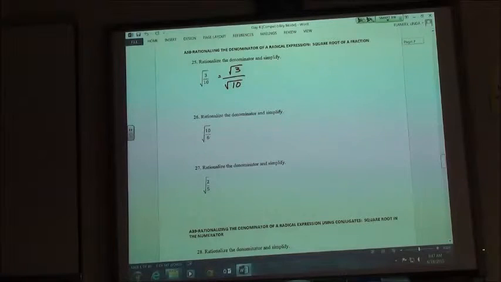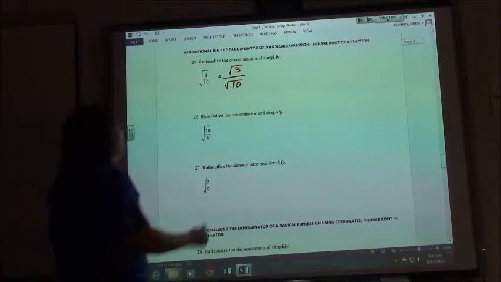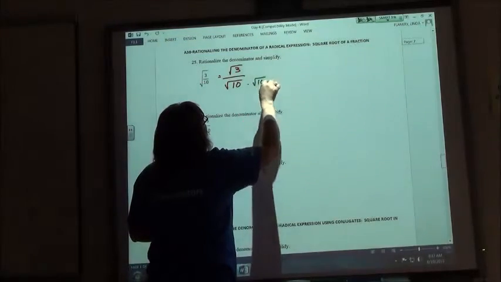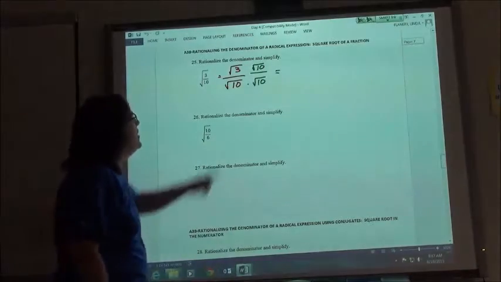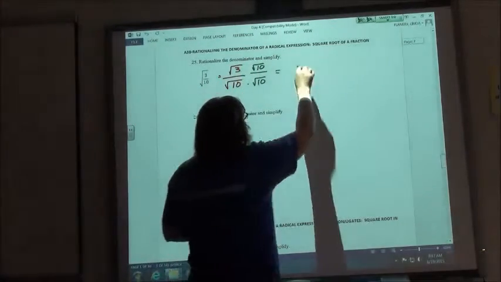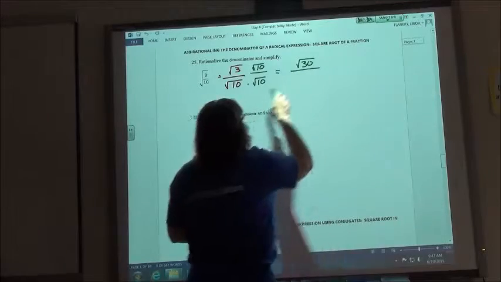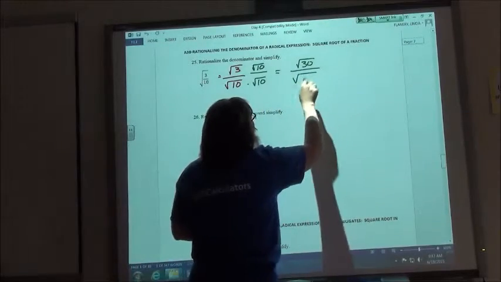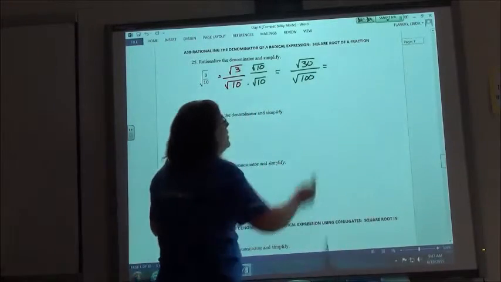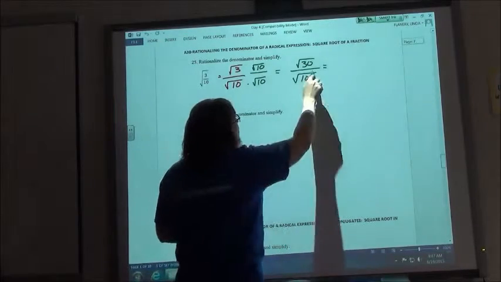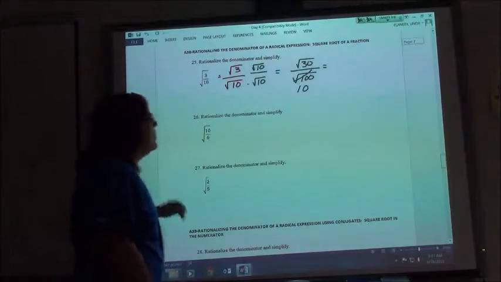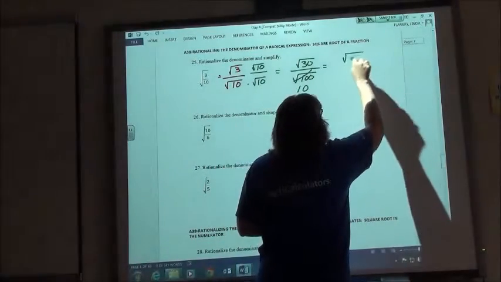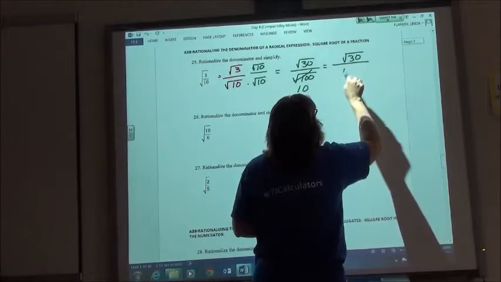So what I'm going to do is multiply by whatever the denominator is to make the denominator a perfect square. So I'm going to multiply by the square root of 10, and if I do that on the bottom, I have to do it on the top to make an equivalent fraction. Square root of 3 times the square root of 10 is the square root of 30. Square root of 10 times the square root of 10 is square root of 100. The 100 now should be a perfect square. The square root of 100 is a plain old 10. 30 I don't think I can simplify, so I'm going to leave that as the square root of 30 over